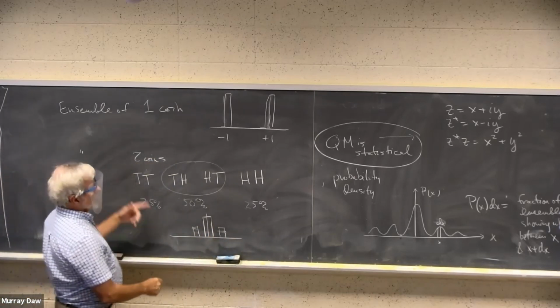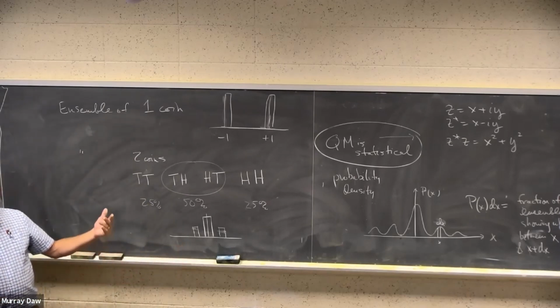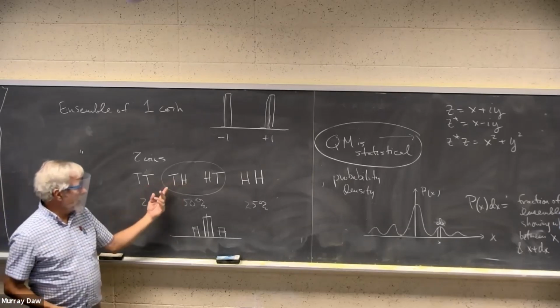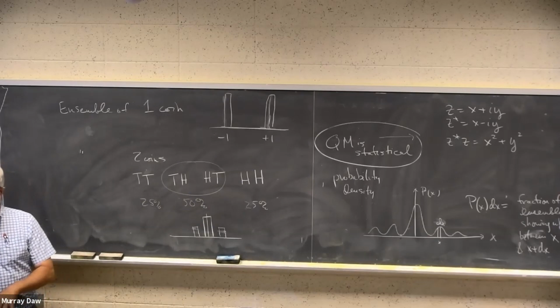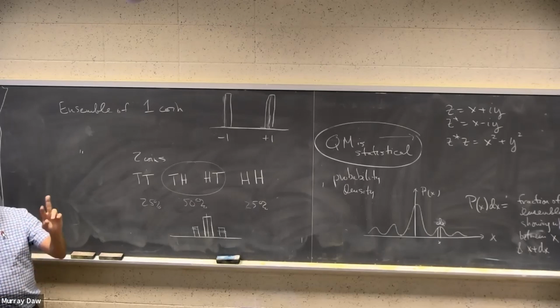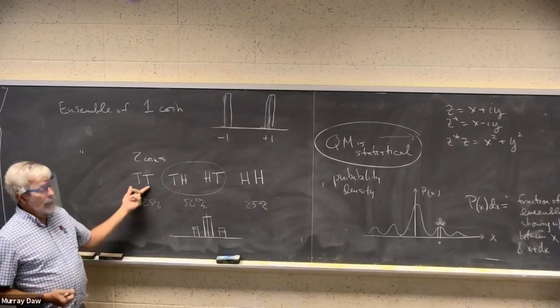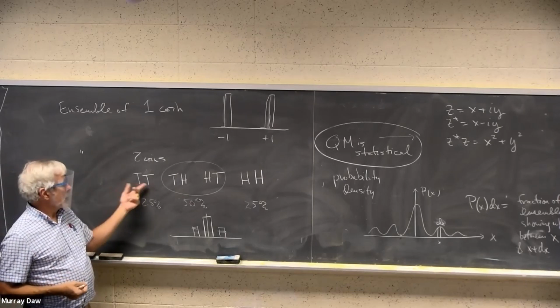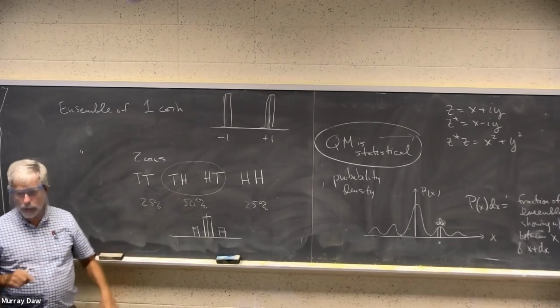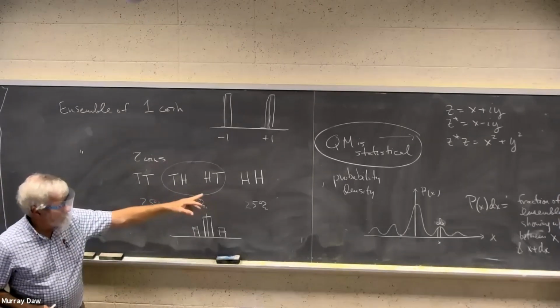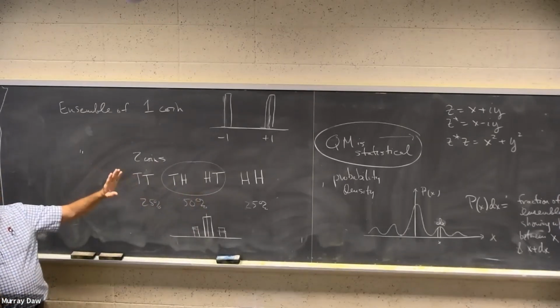Okay. 3 coins. Okay, you get the idea. How many possible outcomes for 3 coins, if you distinguish between tail first or head first? Now it's 8. Each coin is 2 possibilities, and there's 3 of them, so 2 cubed. There are 8 combinations of 2 things. So tail, tail, tail, tail, tail, head. Write down all the combinations, get 8 possibilities. If I'm keeping the distinction about the order, each one has equal probability, 1/8.